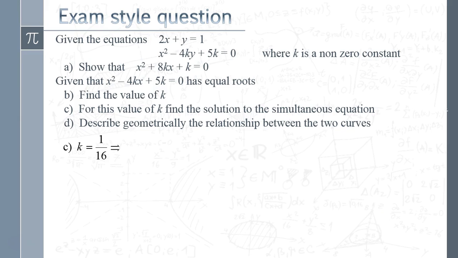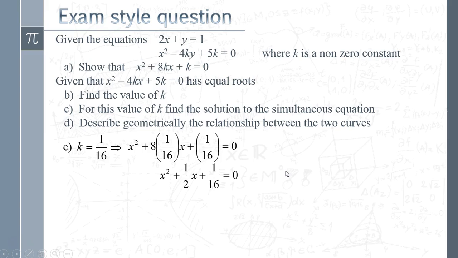So we've got k equals 1/16, and so all we've got to do now is to put that in and solve the equation that we had there. So we've got x squared plus half x plus 1 over 16 equals 0. Now again, up to you how you solve it, but if you're really sharp-eyed with this one, you will notice that that can be written as a perfect square. So I'm just going to put that bracket in there,